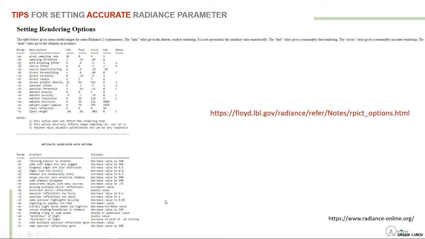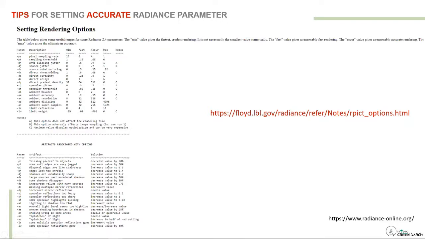Now coming to the simulation parameters, I'll guide you to one very fantastic page from the Radiance website. This is the page where all the Radiance parameters are already given to help you understand which is accurate, when you can go for faster simulation, and what you should be using for the final output. For example, you can see on the left hand side, these are the parameters. If you want to understand how these parameters are affecting the daylight simulation, then you have to go to the Radiance website. All of it is documented in Radiance.